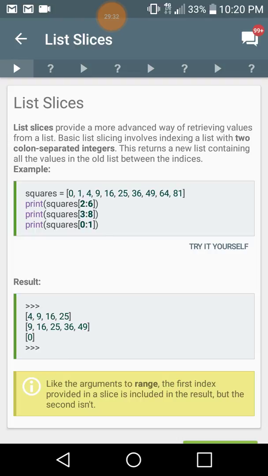List slices provide a more advanced way of retrieving values from a list. Basic list slicing involves indexing a list with 2 separated integers. This returns a new list containing all the values in the old list between the indices. For example,